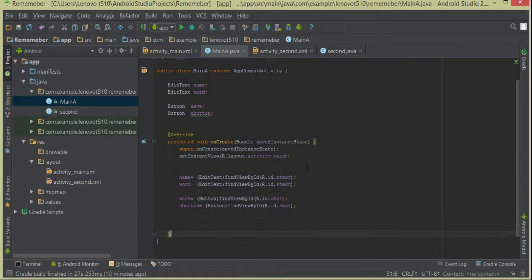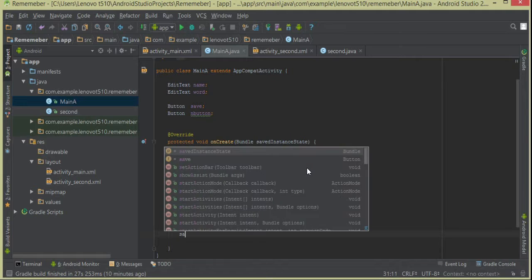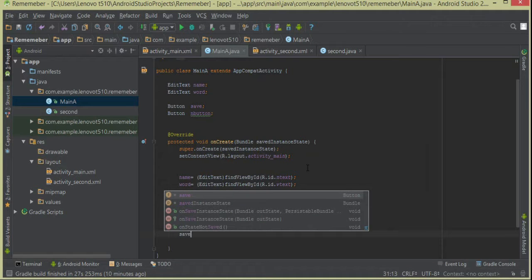Alright, so now that we have everything referenced, what we need to do now is to create or save preferences, and to make sure that whenever we click on that save button, it does save the information that is stored in those edit texts. So let's start by making an onClick for our save button. So save button would be, start by saying save button dot